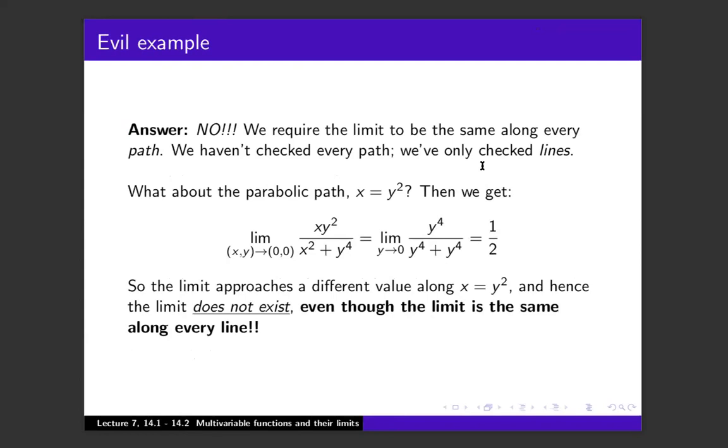So what about the parabolic path? x equals y squared. Well, if you go along x equals y squared, then it becomes y to the 4th over y to the 4th plus y to the 4th, or 1/2. So along the parabola x equals y squared, you get something that's not 0. So the limit doesn't exist, even though